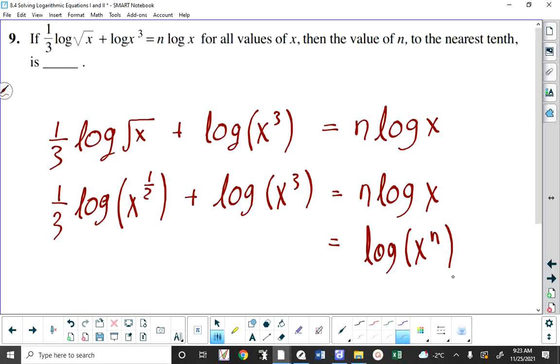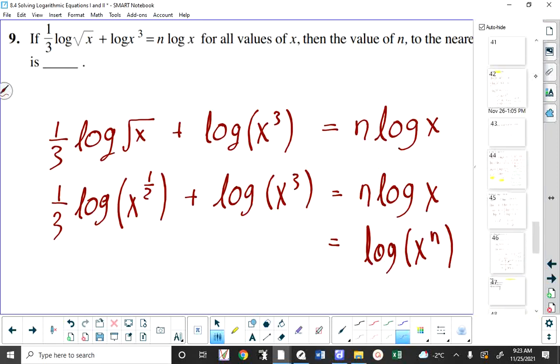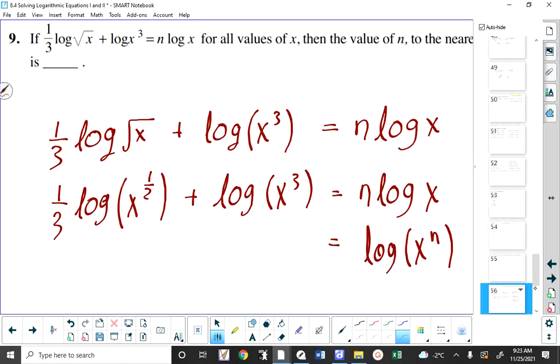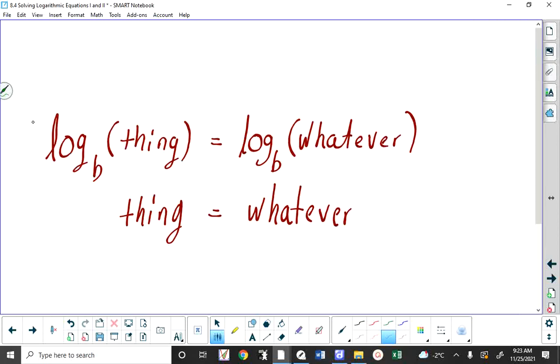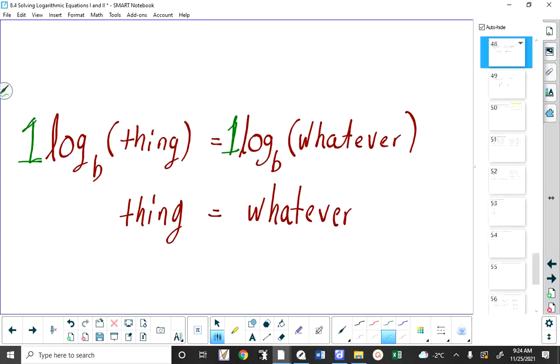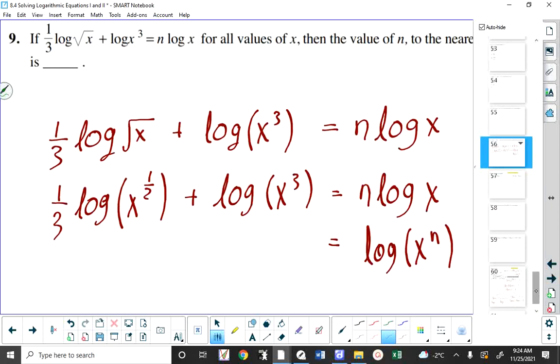You'll notice that when I gave you this general idea of a single log equals a single log, the coefficient of both of these terms is 1. I suppose if the coefficient is 2 on each, you could divide it out, but we don't want coefficients in front. So getting back to this question, now what we can do is